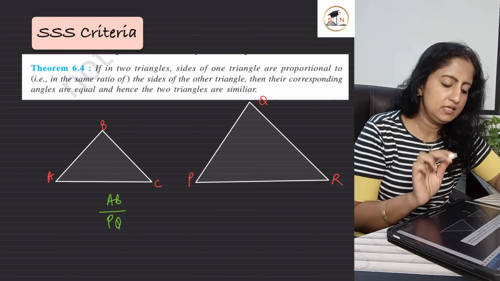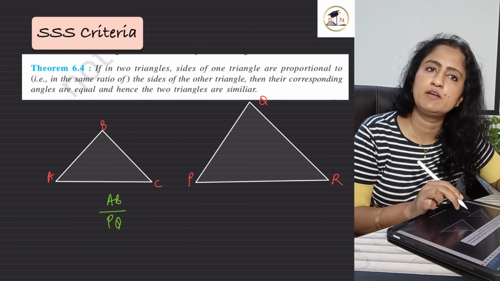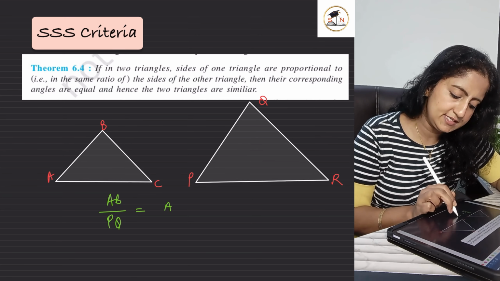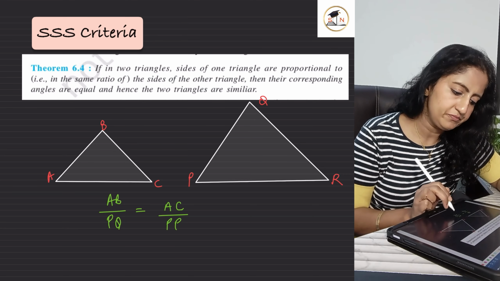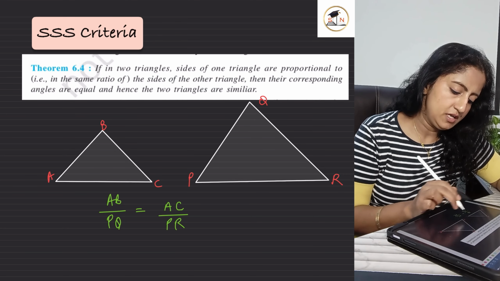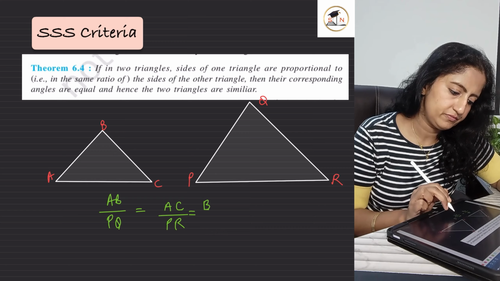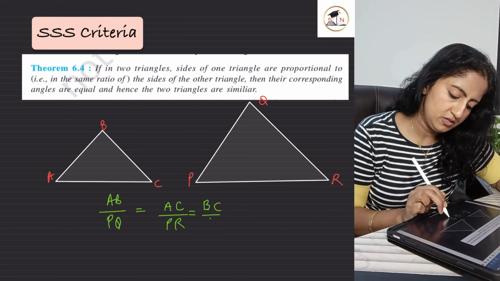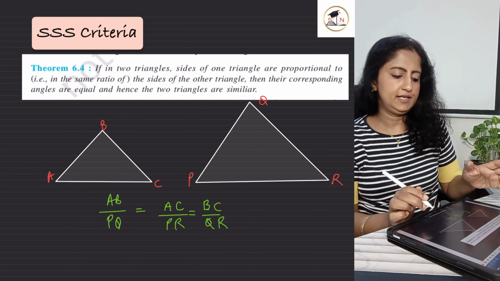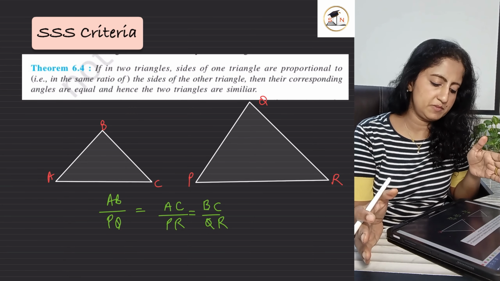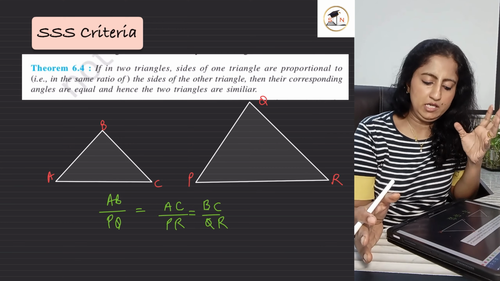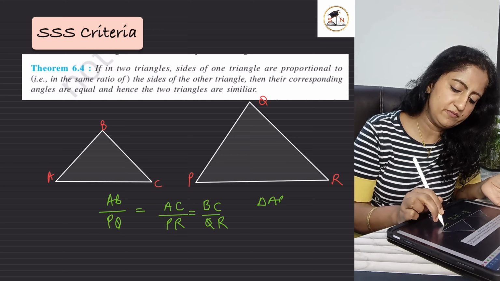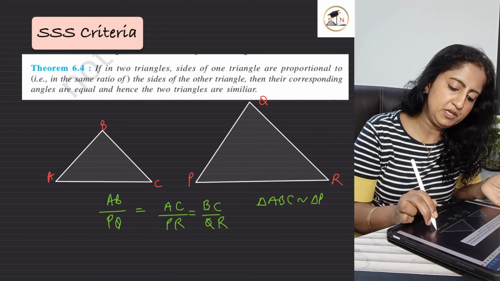Although यहाँ पे कोई नाम नहीं है, so we will consider जैसे given है वैसे ही हम लेंगे, AB over PQ, right? And then AC over PR, right? And then we have BC over QR. हमें ये given है, right? हमारे पास तीनों साइड्स हमारी कॉरेस्पॉन्डेंस में हैं. अब तीनों साइड्स अगर हमारी ratio में आ गई, so we can claim that yes, triangle ABC is similar to triangle PQR by